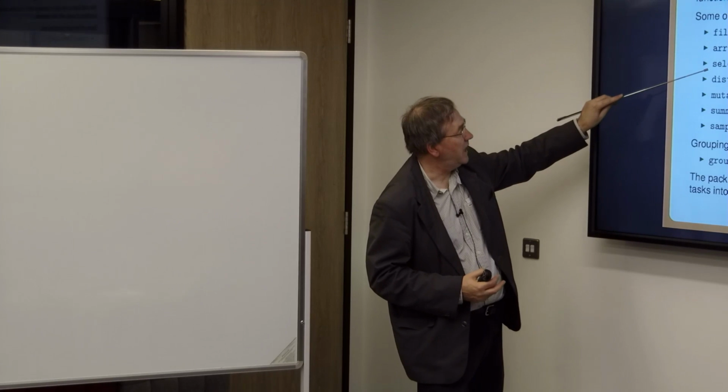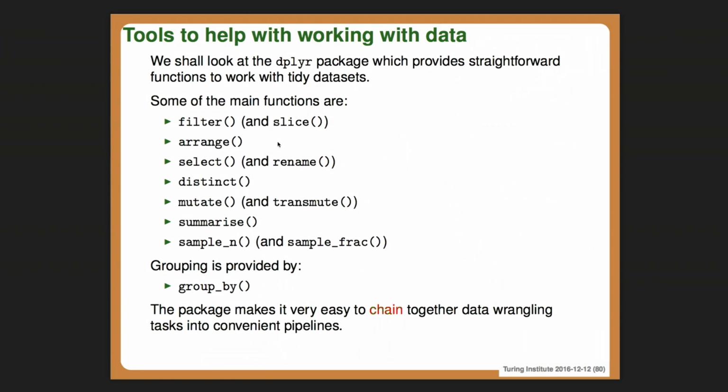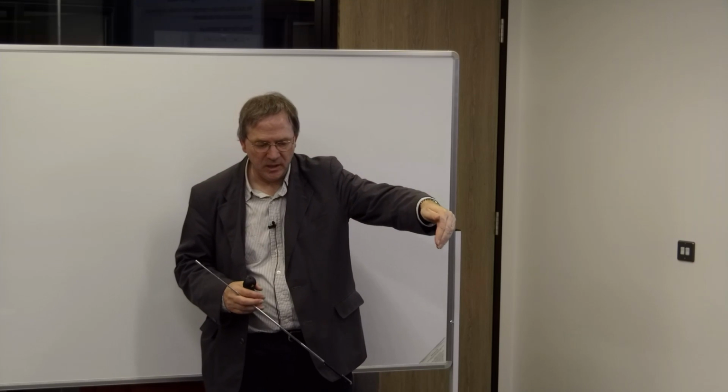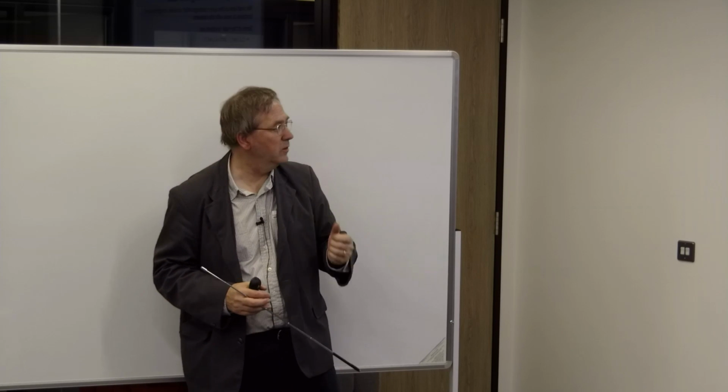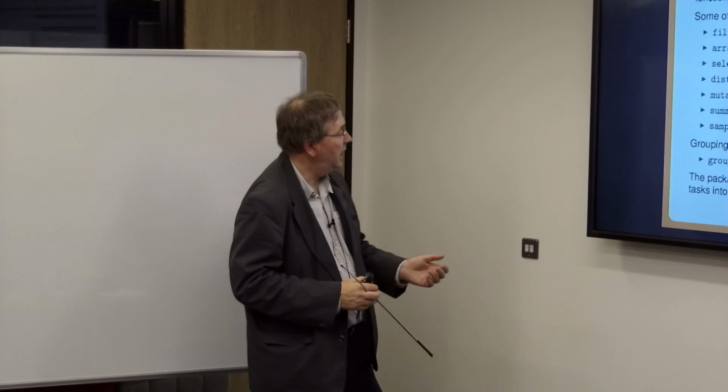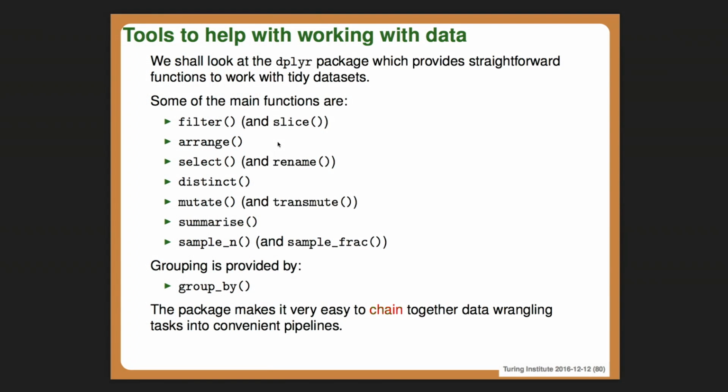Okay, and then select is similar to filter, except it selects on columns rather than on rows. So with select, you can select which variables to retain in the data set. So it extracts some or all of the variables. In doing so, there's a limited facility to rename the variables, which may be convenient to do when you select them, or there is a function purpose-made to do exactly that, called rename. So you can just change the names, tidy up the names of the variables.